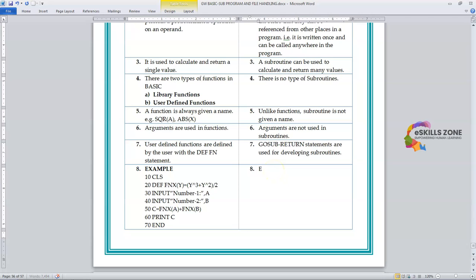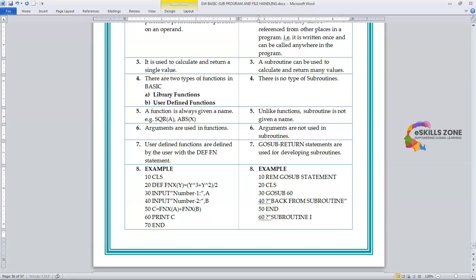Whereas if we talk about the subroutine and give an example of it, the example can be like line number 10, REM statement, which is used for giving a remark. So whatever is written with the REM statement is treated as a remark by the computer. Line number 20 CLS. Line number 30 GOSUB 60. Line number 40, we always discussed before that a question mark can be used for a PRINT statement, "Back from subroutine". Line number 50 END. Line number 60, question mark used for printing purpose,